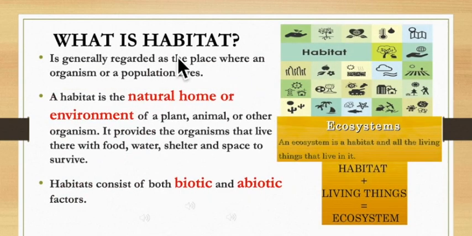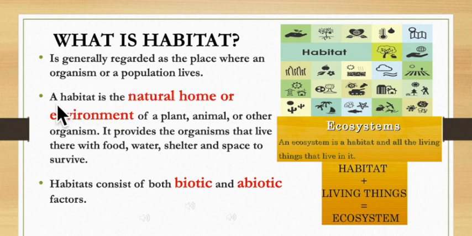Now, I'm going to tell you the definition of habitats. Habitats are the natural environments of plants, animals, and other organisms. In other words, habitat is generally regarded as the place where an organism or a population